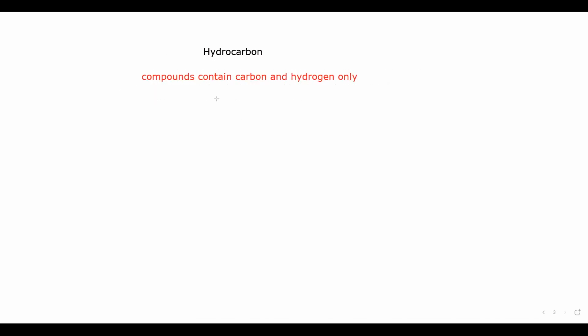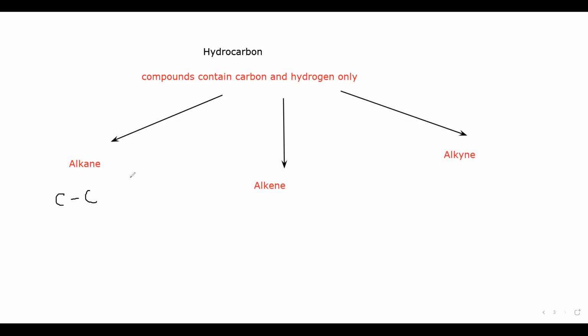And these hydrocarbons are divided into three main categories, which we call alkane, alkene, and alkyne. What is the difference? The difference is the bond between the carbon atoms. If throughout the structure we find a single bond between the carbon atoms, we call that an alkane, and the